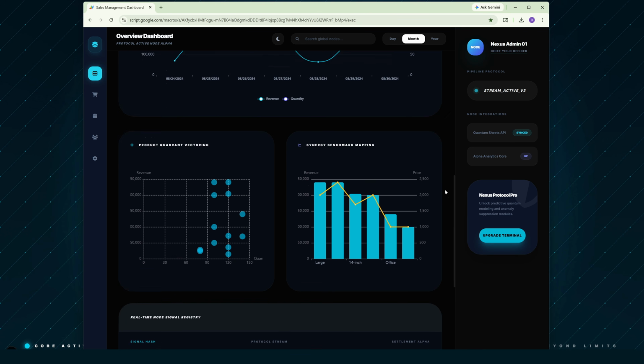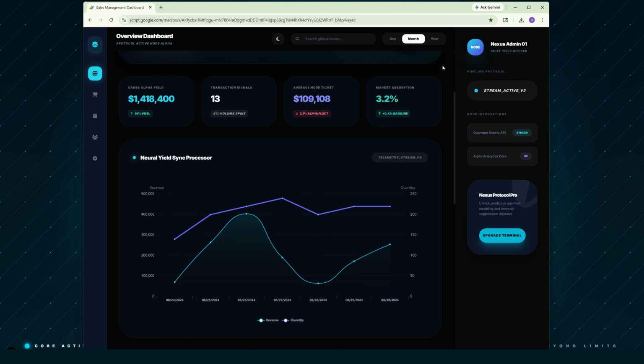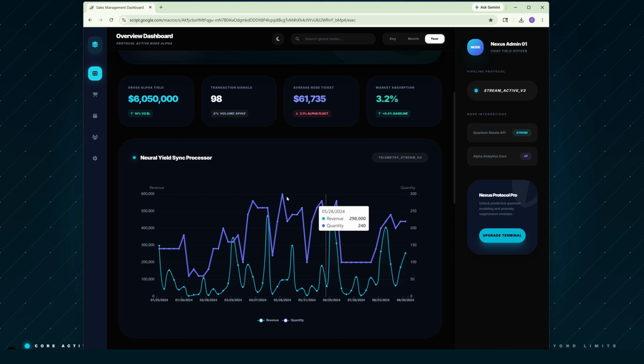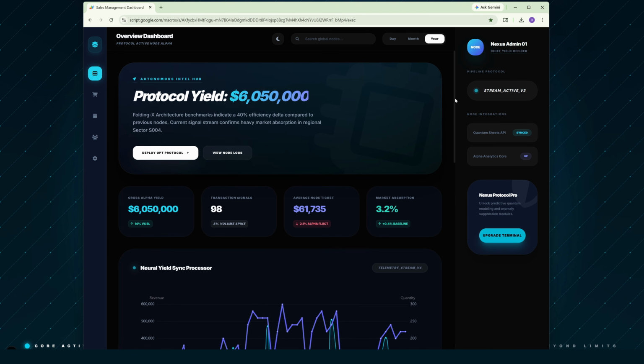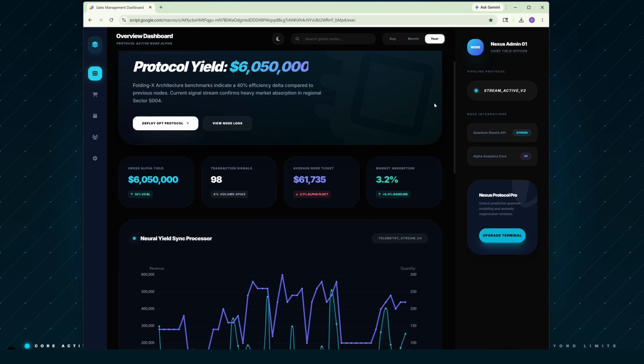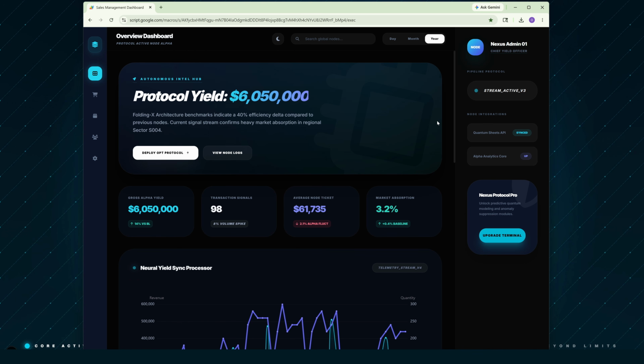So here's how the video will be structured. First, we'll start with prompt engineering, where I'll show you how to write effective prompts that help the AI clearly understand the type of dashboard you want to create. Then, once the prompts are ready, we'll move into the second part, where we'll use Gemini AI to generate the actual dashboard, including the layout, charts, and functionality. And finally, after everything is working, we'll take it one step further by refining and polishing the dashboard. This is where we'll improve the UI, adjust details, enhance the overall experience, and make the dashboard feel much more